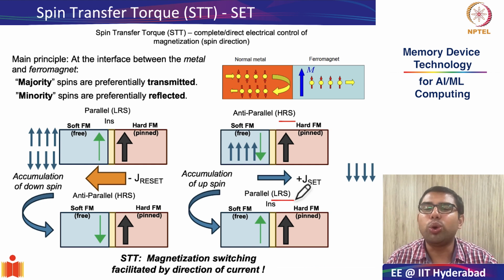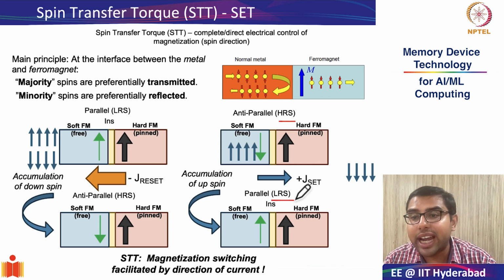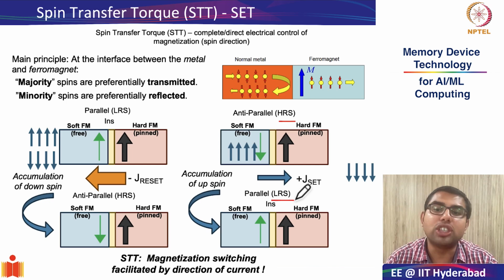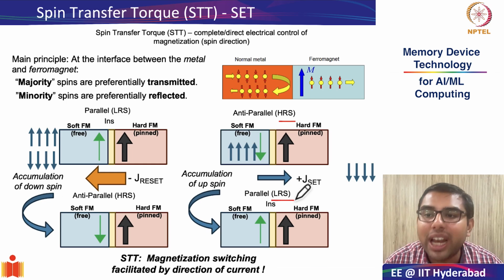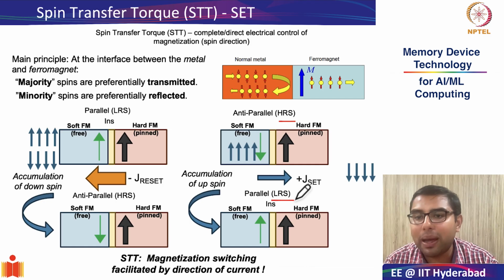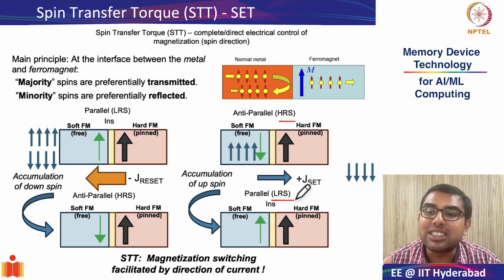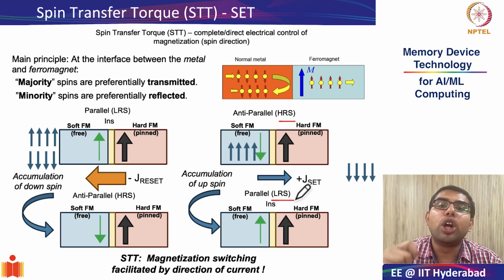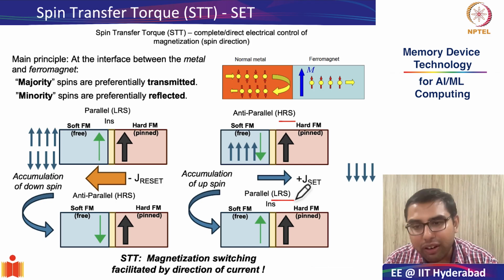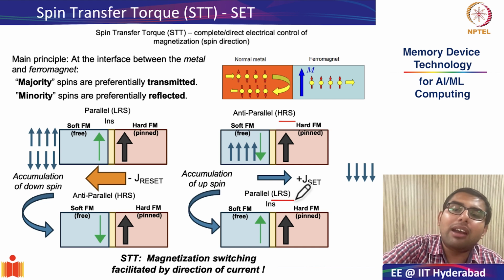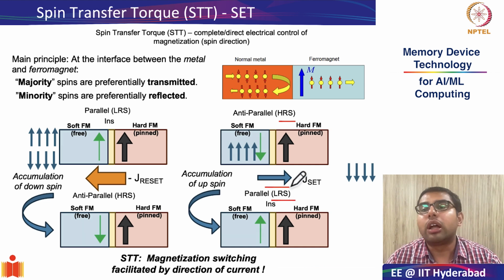An important thing to realize, however, is that the magnitude of reset current is generally more than the magnitude of set current. This is because in the parallel state, the resistance of the MTJ is low. So a given applied voltage leads to a smaller spin accumulation across the barrier. Whereas in the anti-parallel state, the resistance is higher, producing a larger spin polarization and a stronger torque per unit current. And therefore, it is easier to switch from anti-parallel to parallel, which is your set, rather than from parallel to anti-parallel.